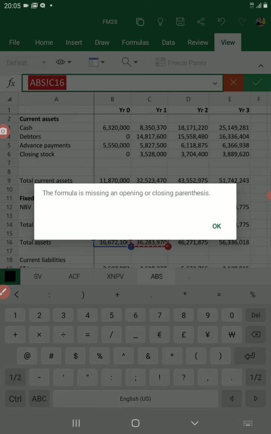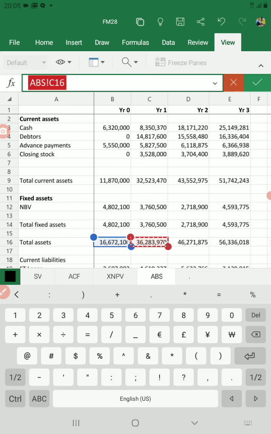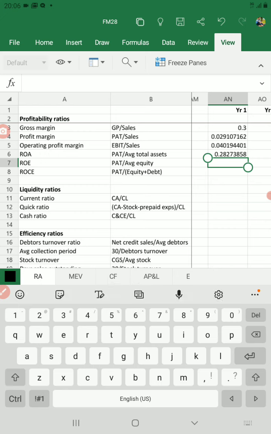This formula is missing an opening and closing parenthesis. Okay, let me close the parenthesis here, press enter. Okay, so I'm done with the row